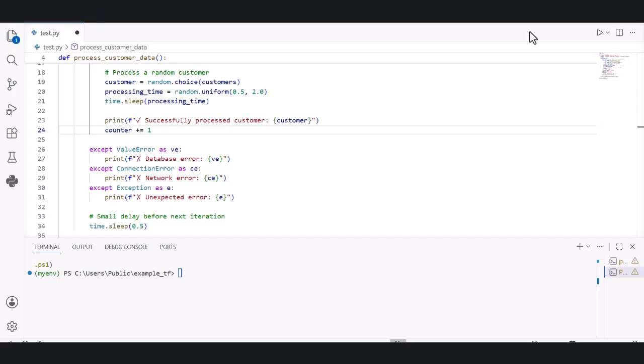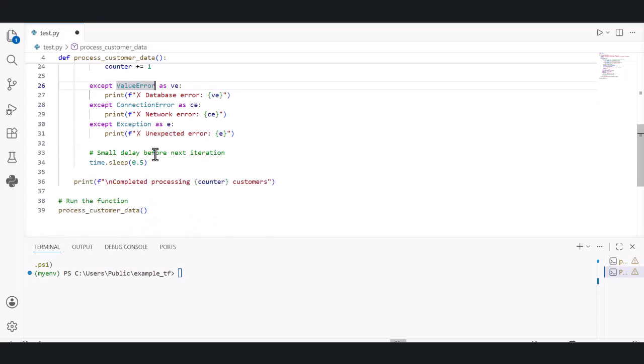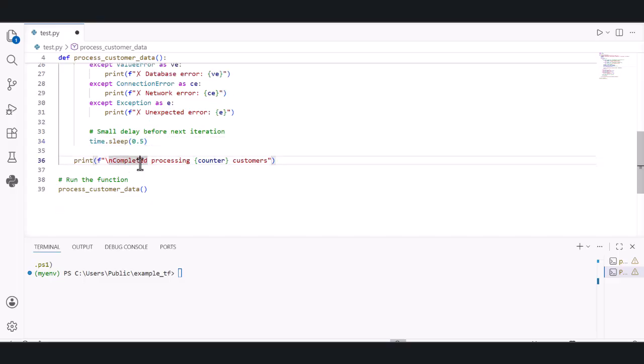If anything other than this occurs, except Exception will print "unexpected error". This will help to overcome any other error crashes. If all these conditions are true, we'll print the customer name, else we will go for these exceptional errors. After all this, we will have a small delay before the next iteration. We are taking sleep time as 0.5 seconds after all this, and then we will print completed processing of these